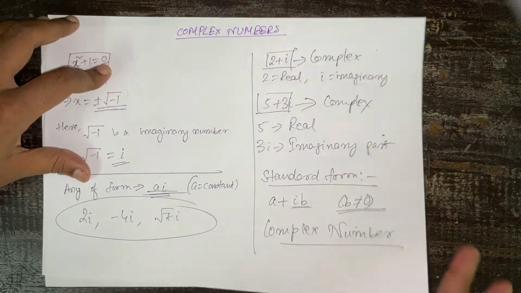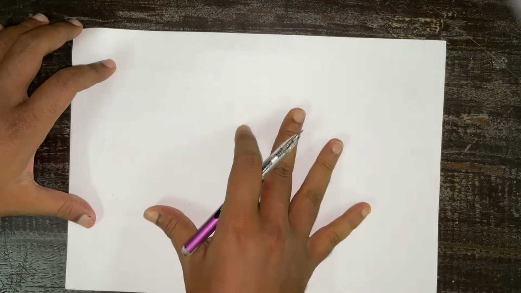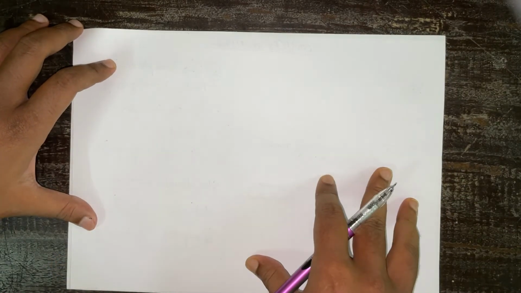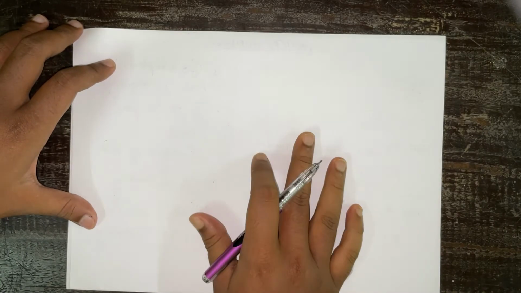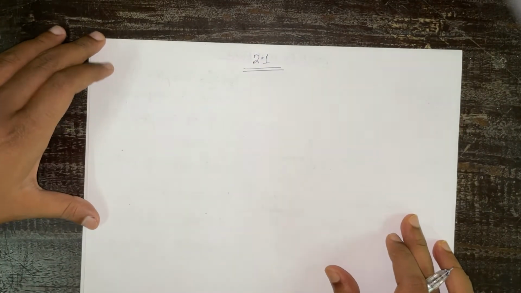So let us start with exercise 2.1. As we go along the exercise, we are going to meet some new concepts. I am not explaining them before because it will get very boring to just only understand the concepts. So let's start off with the exercise. Let's do a few sums, and as we go along the way, we will understand the different concepts, okay? So let's see what we have got.